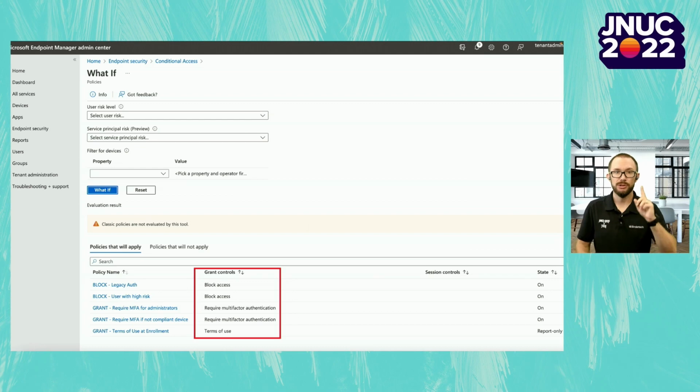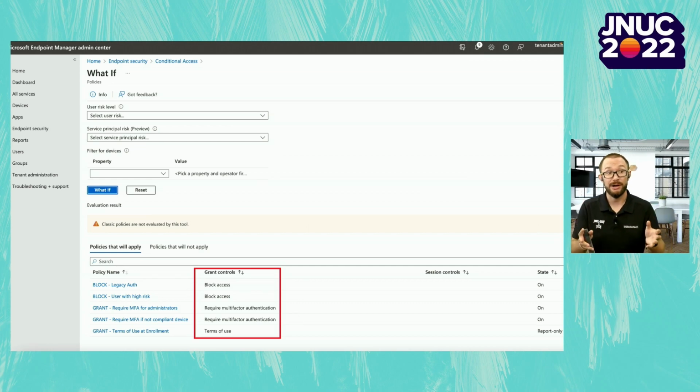First, block always wins. So if a policy says block, the user won't get access, regardless if they fulfill everything else. The rest of these conditions will be combined. So here the user would both get asked for multi-factor authentication as well as to accept the terms of use.